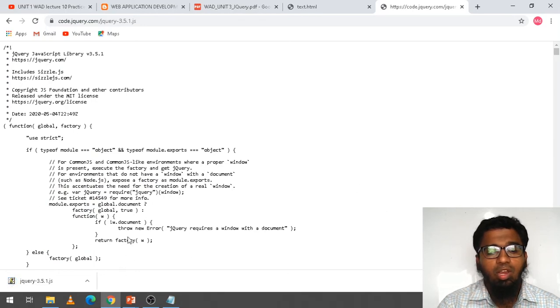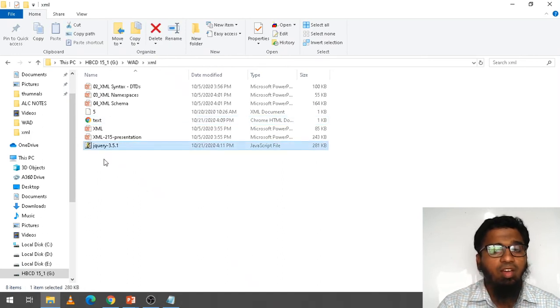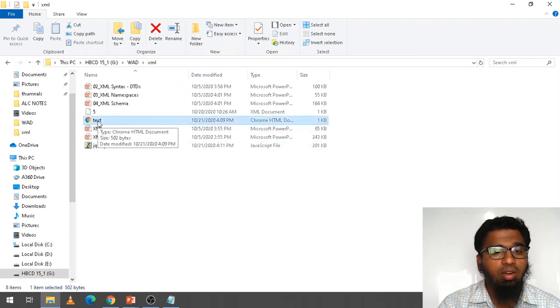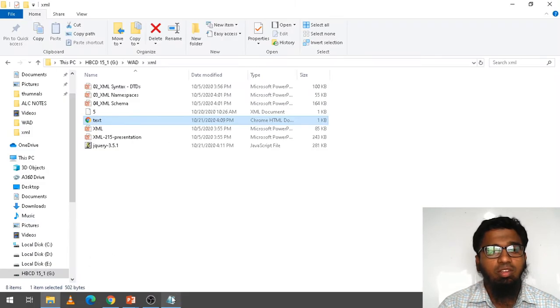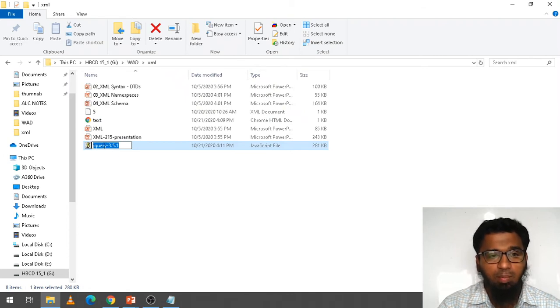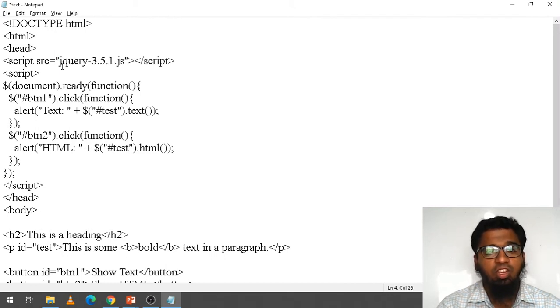When you click save, go and check the file. Already I have here jQuery hyphen 3.5.1, and my main file is also here. Now I wrote only jQuery here. So what I need to do is copy the same file name, go to the coding part, remove this name and paste it here.